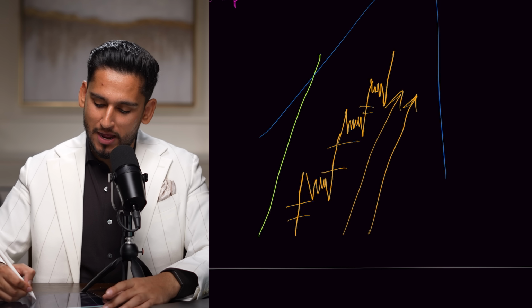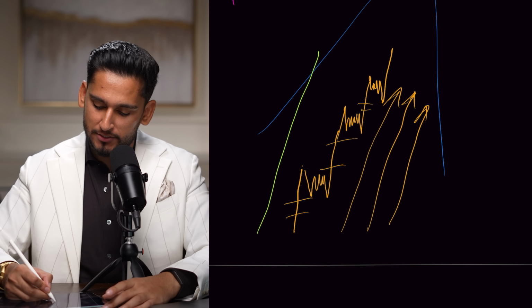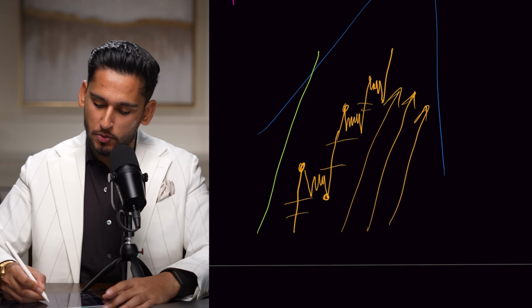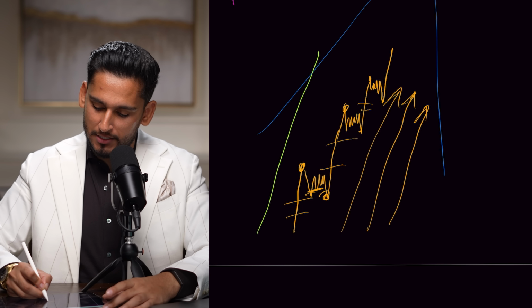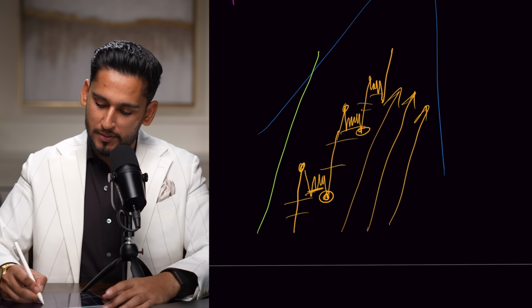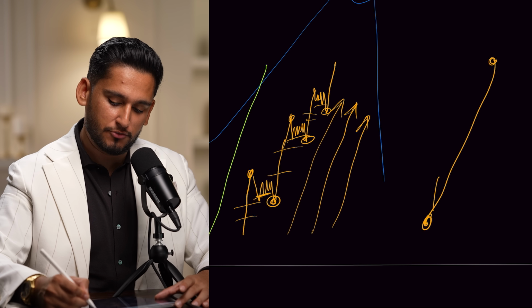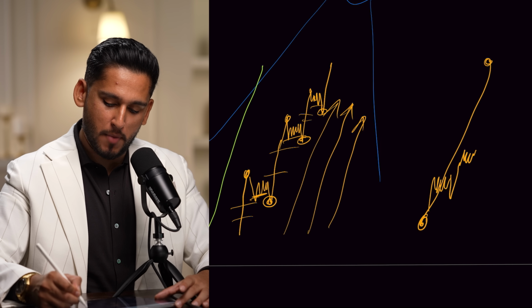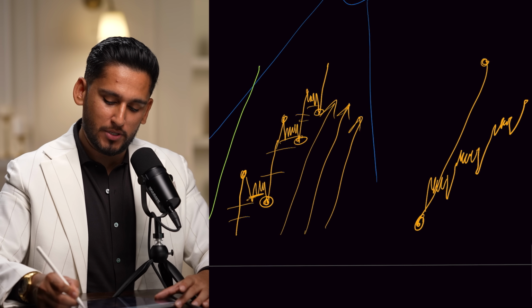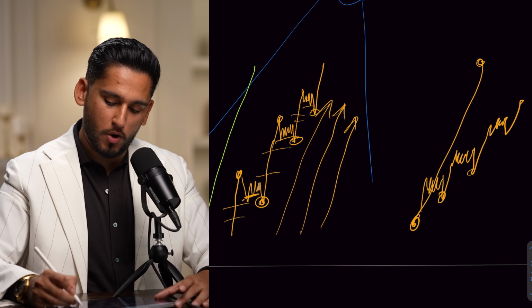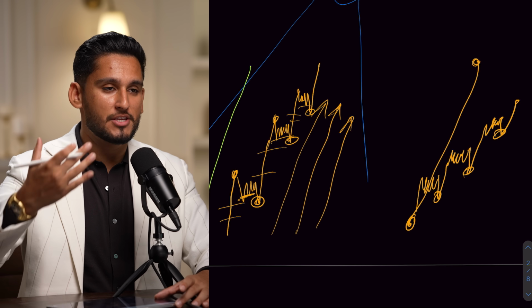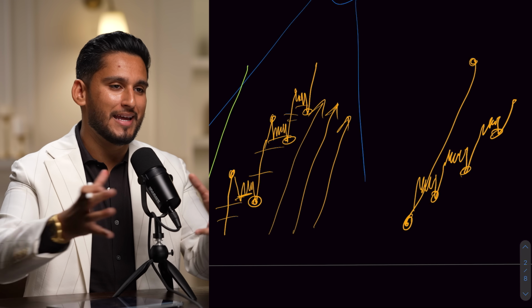So we're having a few things. We're having imbalances, we're having internal breaks of structure where we're having higher highs and higher lows. We're also having build-ups and inducements, build-up and inducement, build-up and inducement. This is the domino effect on a fractal nature, where the inducement and break of structure of one has inside of it minor inducements building up. And this is showcasing the domino effect where domino number 1, domino number 2, domino number 3, this is showcasing another form of intent. We connect it all together.